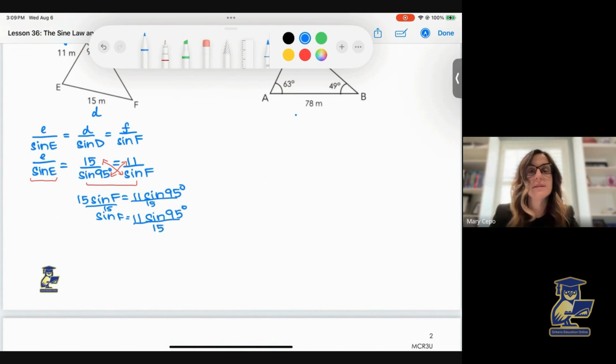Now again, in this case, like all the other ratios, when we're trying to figure out the angle, we're going to separate the ratio from the angle, bringing that over. So angle F is equal to the inverse sine of